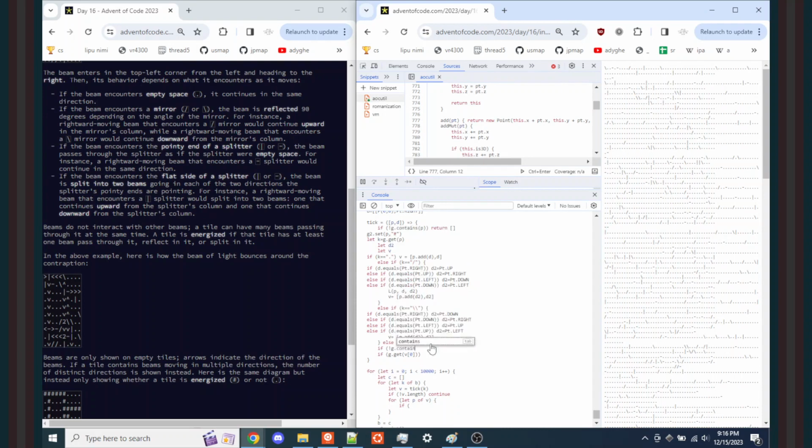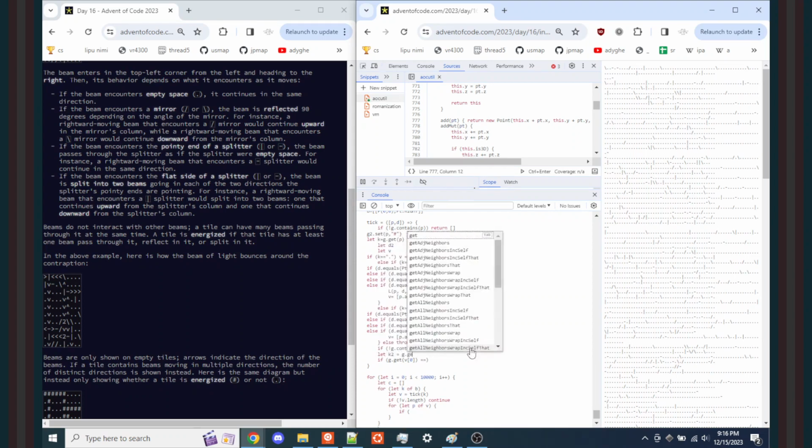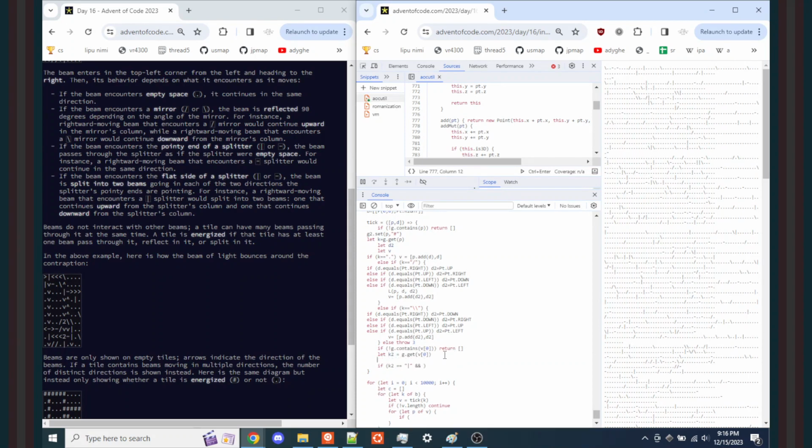If not G contains VO, return. If G get VO, and if K2 is that, and D2 is if we're going right, no, if we're going up or down,